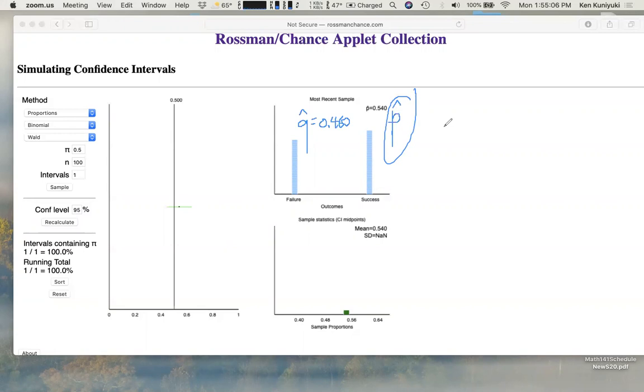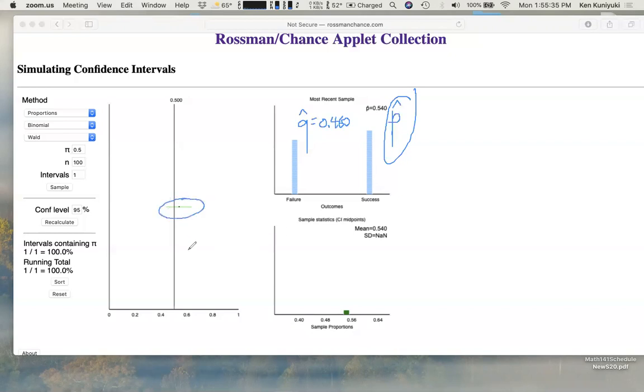Now, we don't know it's a fair coin yet. So if this is all the information we have, our best point estimate, our best guess for what p or pi really is, is 0.540. We've seen the coin come up heads 54% of the time. So our best guess for the true probability of heads, or pi, is going to be 0.540, even though it was in fact 0.5. And then from using methods we'll see later on in this course, here's the confidence interval